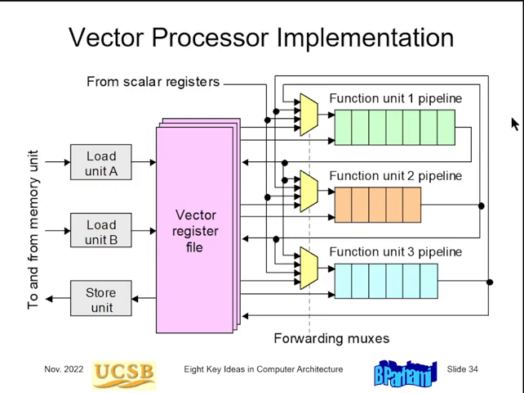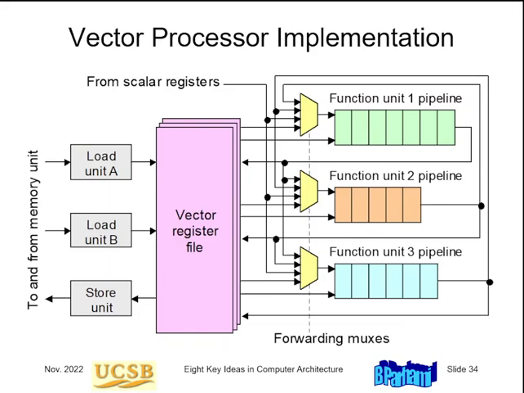Now, pipelining again was used much earlier, but in the 1980s it gained widespread application in vector processors. A vector processor has function units that are pipelined. These may be a multiplier, an adder, a divider, whatever function units, and a bunch of vector registers, let's say 64-entry vectors, can be stored in these registers.